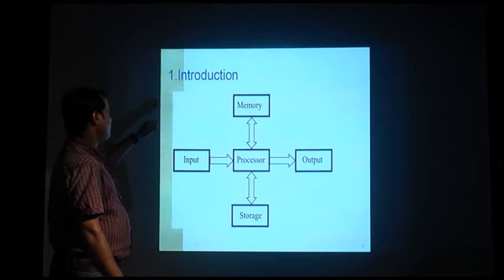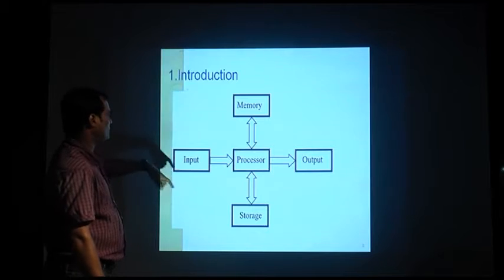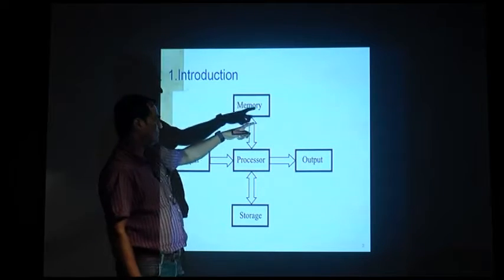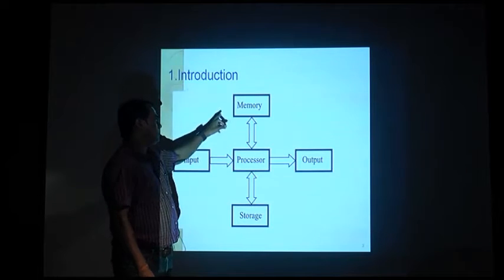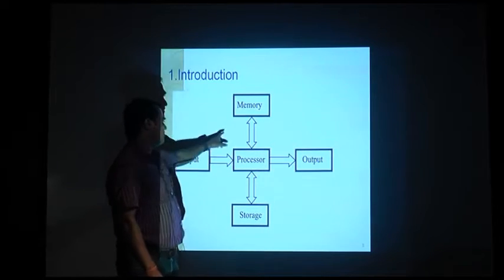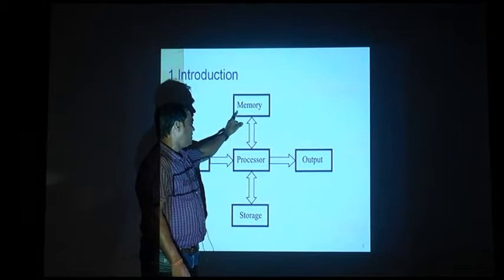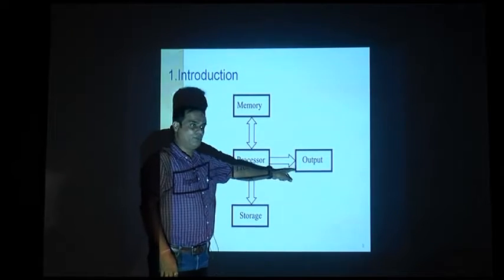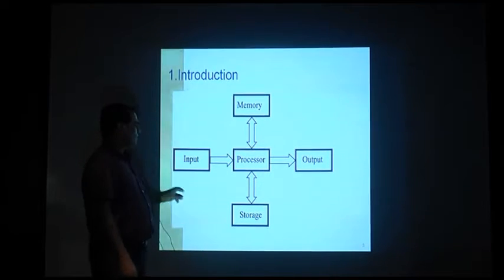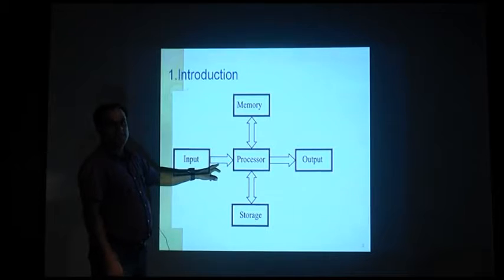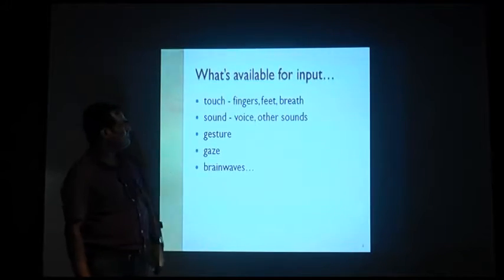I have already explained this. Suppose I introduce the same concept: this is the complete architecture of the computing system, with different units, the input unit, the processing unit, the storage system, the memory unit, and the output unit. As per this, today we will discuss the input section: what are the different input devices we are using for the computing system. So first is